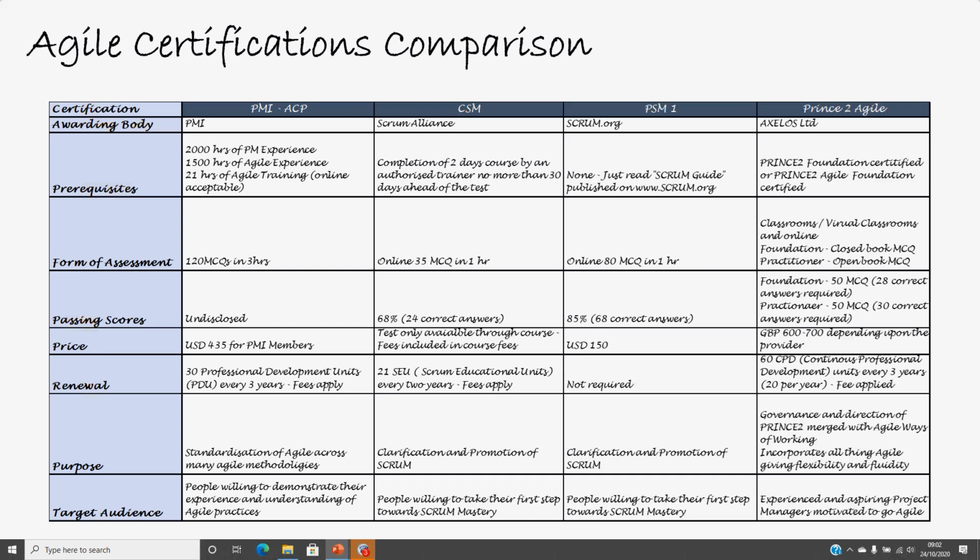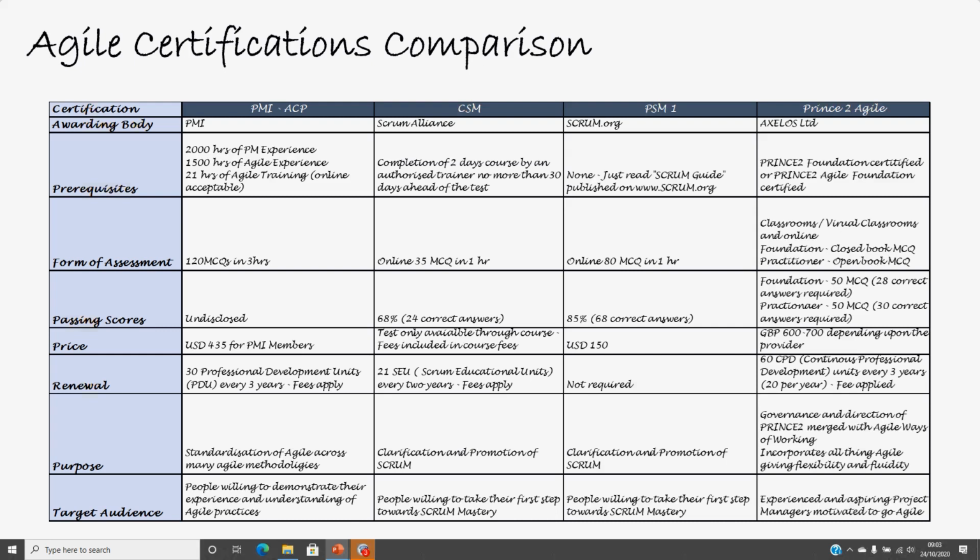You take the governance and the structure from classical Prince2, and then you incorporate the flexibility, fluidity and the principles of Agile on the structure and governance of Prince2. And this is how you bring the normal project management merged with